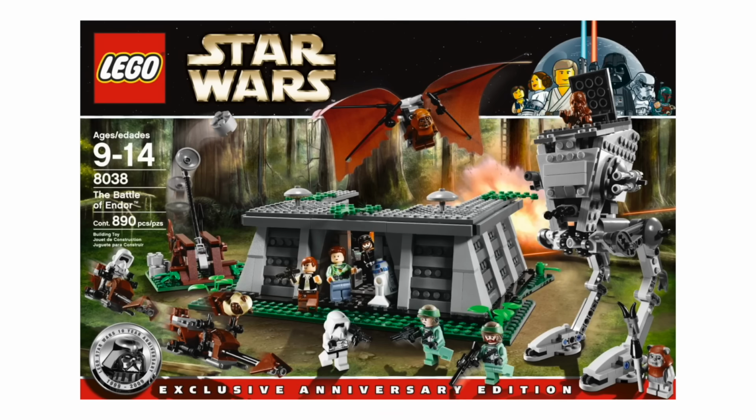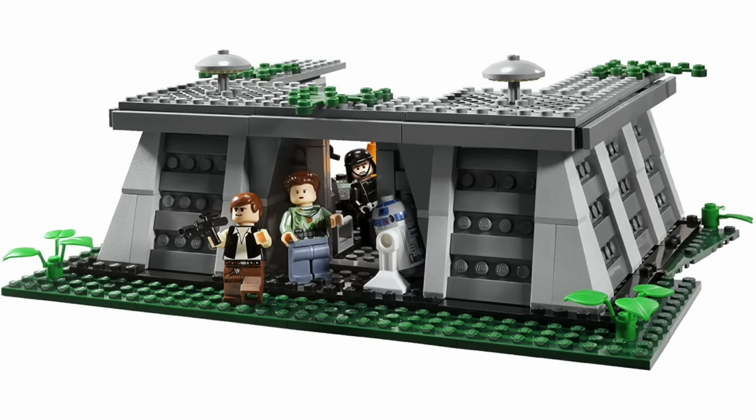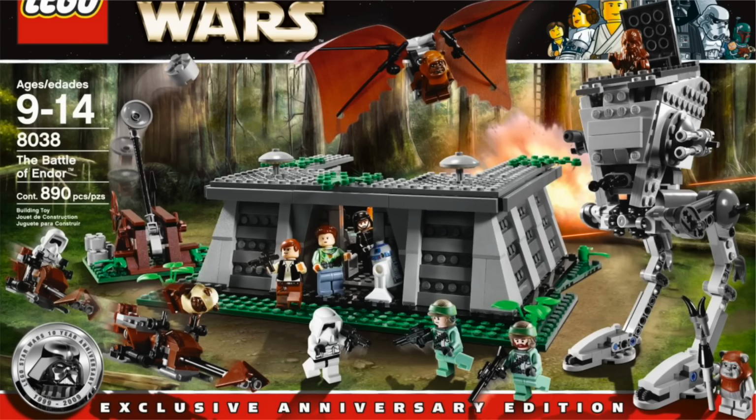Endor is something that hasn't been done for about a decade now. They haven't done the Endor bunker since 2009. The last Endor big set they did was the Ewok Village in 2013. Now at $530, they could certainly include part of the Ewok Village, but I'm kind of expecting less Ewok Village, more Endor bunker. So more in the style of that 2009 set. So I'm thinking the bunker,